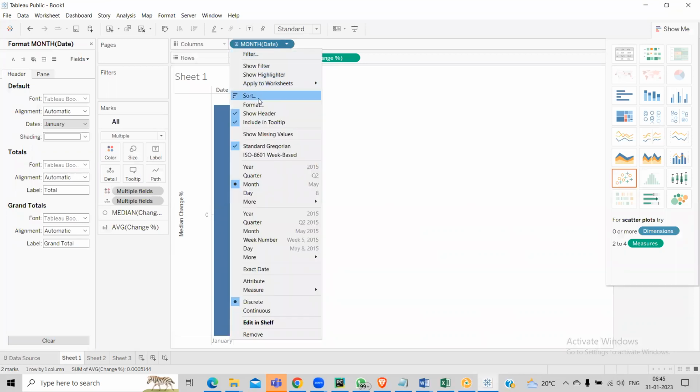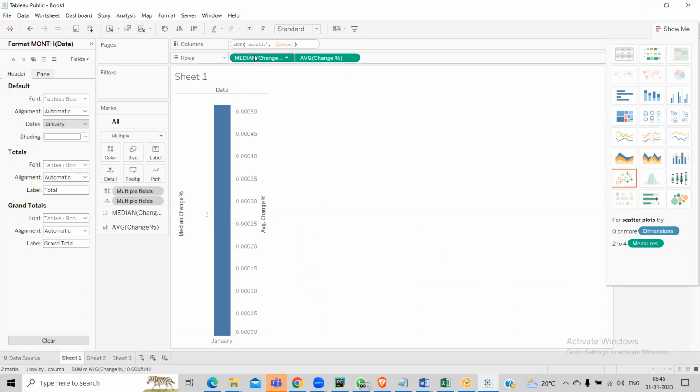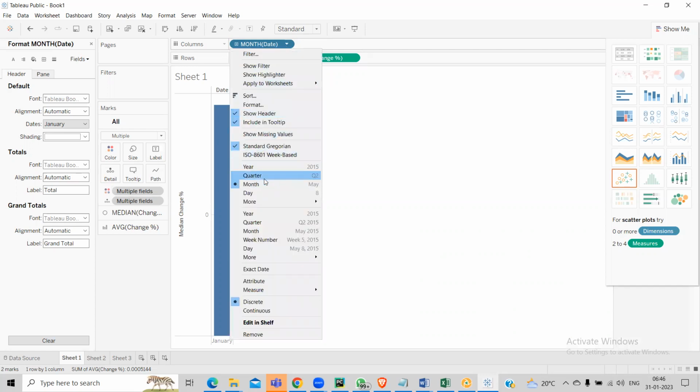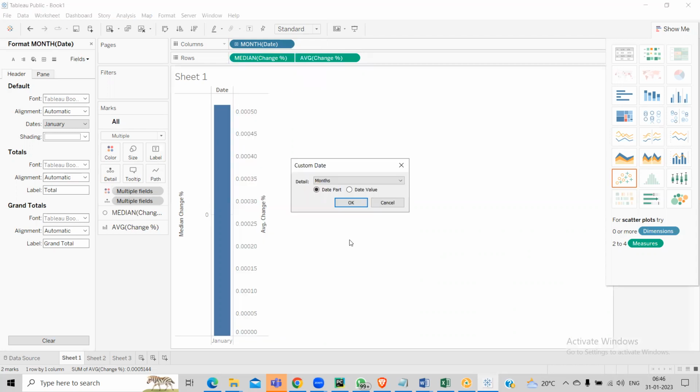Here, if I click on format, edit in self, month, date part, month, comma date. But date is